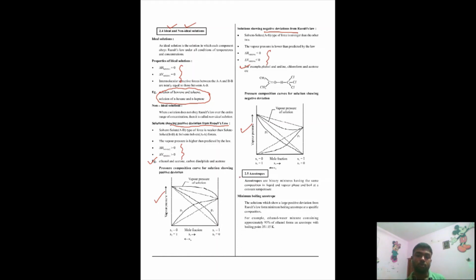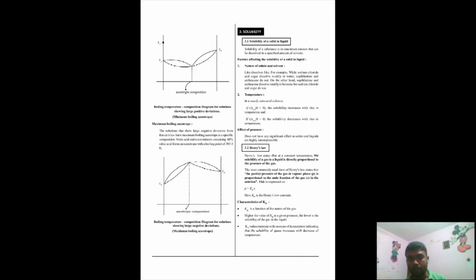It's very important to memorize the definition and understand the definition and memorize the examples. This is one of the most important examples. You will find ethanol water mixture containing 95% ethanol forms an azeotropic mixture. Okay, these are two graphs which are also very important to memorize. Maximum boiling azeotrope, minimum boiling azeotrope. Okay, this one is the minimum boiling one, as you can see. This is the maximum boiling point. I'm sure you understand the concept of azeotropes.